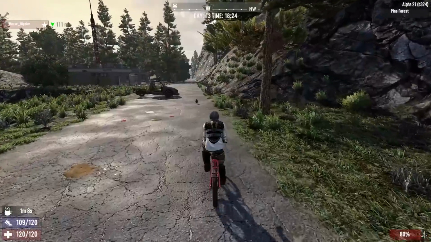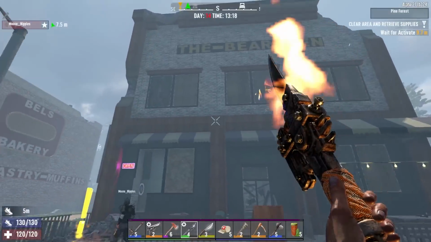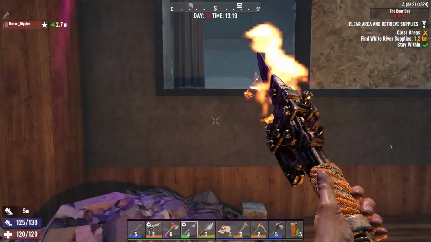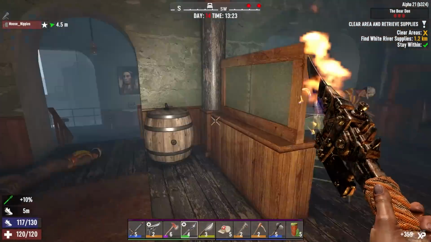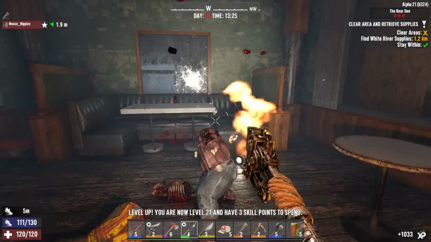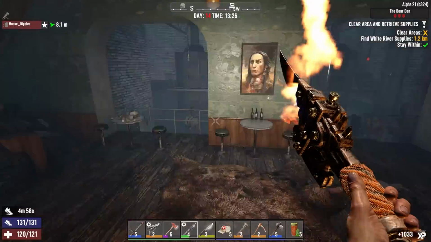7 Days to Die is a deceptively in-depth zombie survival game that is constantly changing, demanding new strategies for survival from even the most experienced of players. Whether you're a new player or someone returning to the game for Alpha 21, in this video I'll aim to cover some of the tips and tricks that I wish I knew when jumping into this version of the game